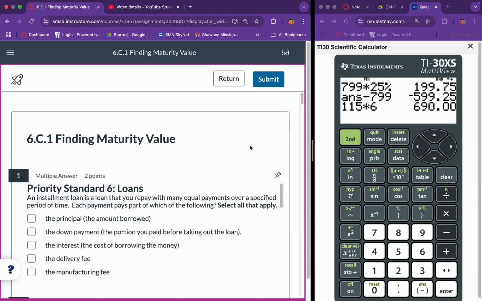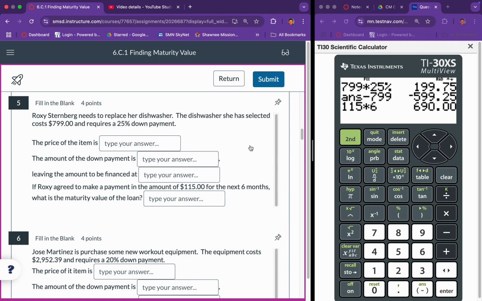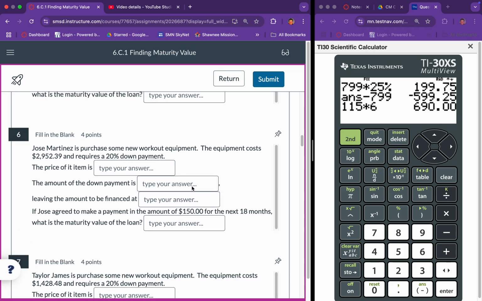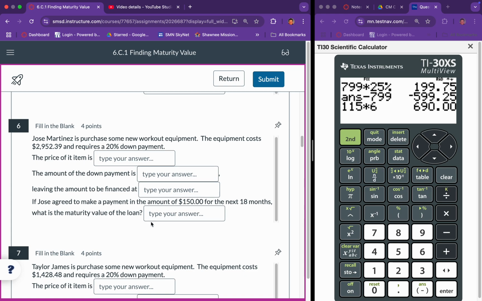If the one example was enough for you, obviously, move on. That is the same question. Let's not do that one. Here we go. We'll do this one. Okay, so